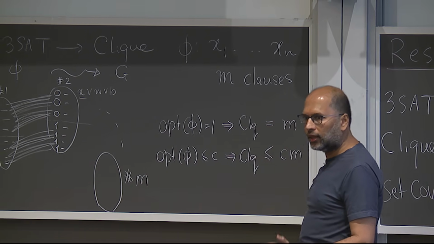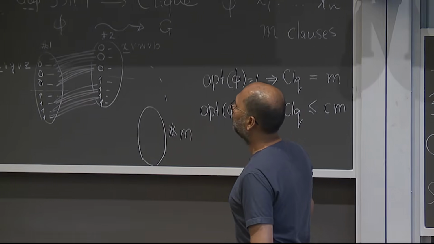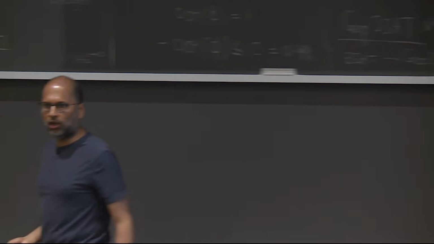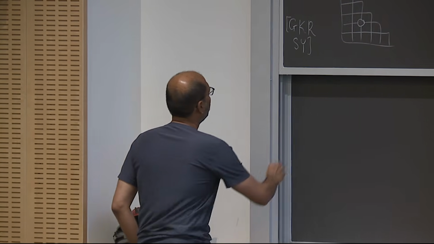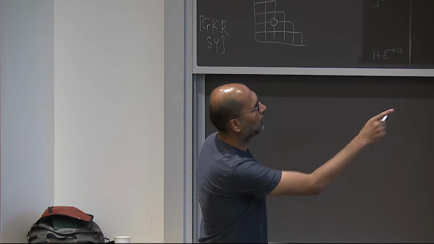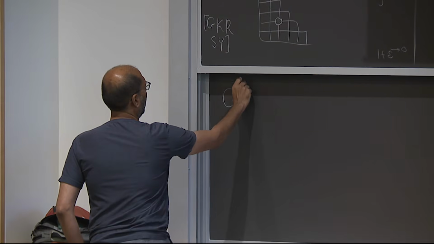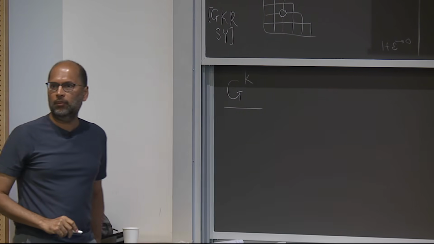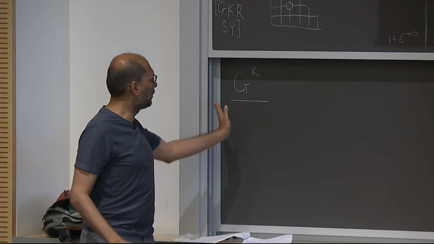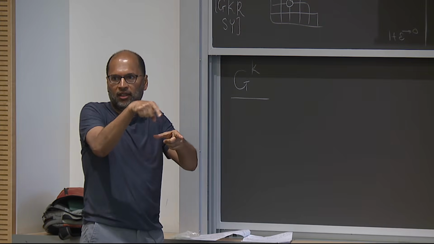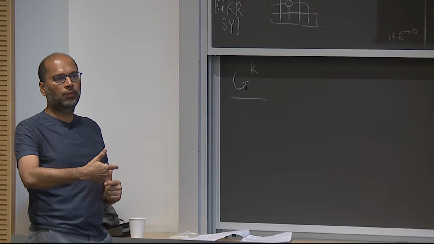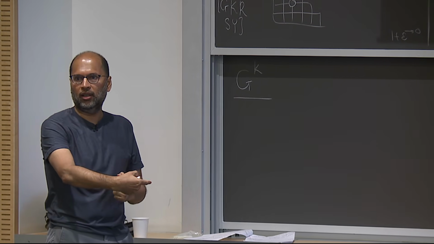Okay? But there is something nice about clique, that you can amplify the hardness result for clique by simply taking graph products. Okay? So you can start with this graph G, which is obtained by this reduction, and then take the graph G to the K. This is the graph product. Let me not even define it, right? The vertices are just tuples of vertices, and you connect two tuples if there is an edge on every coordinate, right? And it's very easy to show that the size of the maximum clique is just multiplicative as you take the graph products.